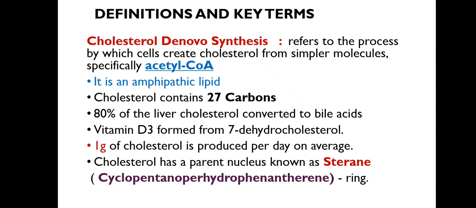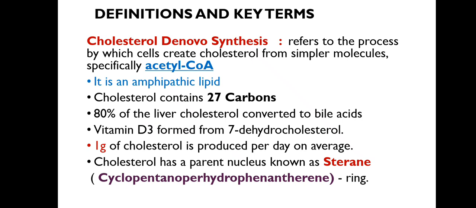atoms. Imagine we're going to move from acetyl-CoA, a 2-carbon molecule, to form this 27 carbon molecule. It's a very simple process, and I'll make sure that everything is summarized and well understood. Okay? Apart from that, vitamin D3 is formed from what you call 7-dehydrocholesterol. Now, in my previous slide, I showed you that cholesterol acts as a precursor molecule for formation of what? Vitamin D. So that precursor molecule that forms vitamin D is what we call